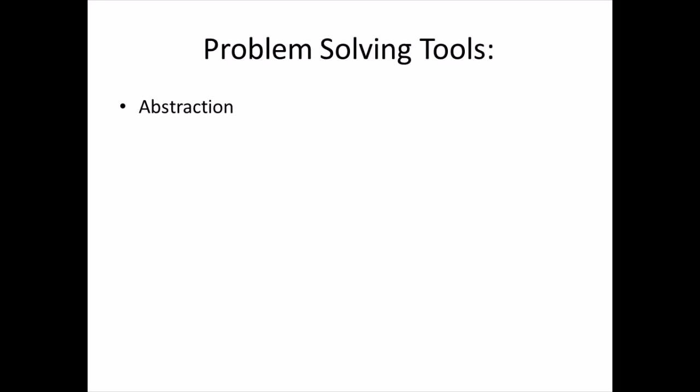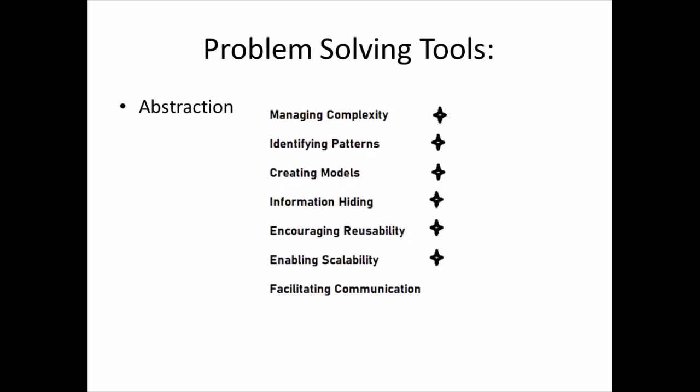It helps in creating a common language and shared understanding, promoting better coordination and enhancing overall productivity of the software development. So in summary, abstraction is a problem-solving tool that allows us to simplify and manage complexity, identify patterns, create models, hide unnecessary details, encourage reusability, enable scalability, and facilitate communication. So by abstracting away the non-essential aspects, we can focus on core elements of the problem and